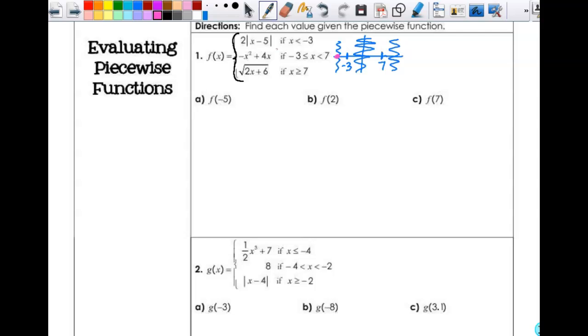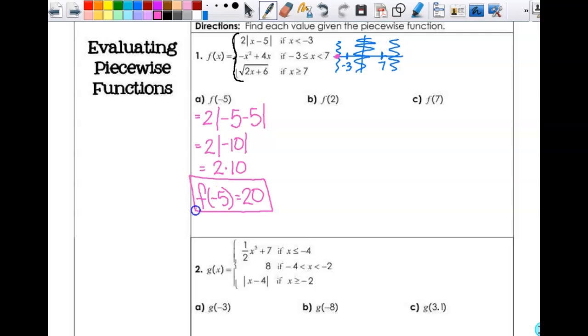Does that make sense? So this is going to be equal to 2 times the absolute value of negative 5 minus 5. So that's 2 times the absolute value of negative 10. What's the absolute value of negative 10? 10. So this is 2 times 10. So f of negative 5 equals 20. Okay. Easy enough? All right, so the next one,